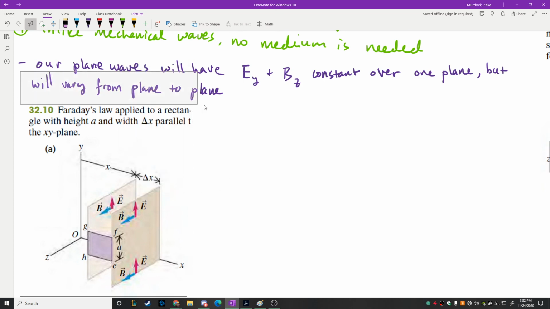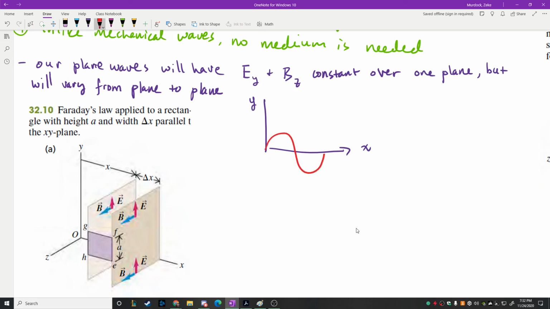They vary from plane to plane. That just means that they're varying in the x direction here. The way that I would really think about this personally, imagine that there's an oscillating sine wave that represents the height of the electric field, and it's oscillating up and down like this, right? So if I was to just look at the y-x direction here, then what I would see is that electric field vector that's on my picture there would basically have a profile that would look something like this. At one point in time, the electric field is like this, and then it gets bigger,